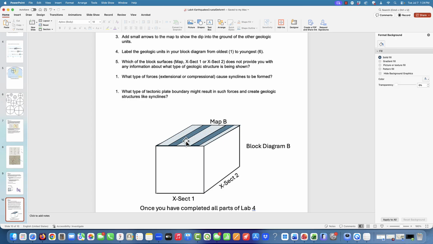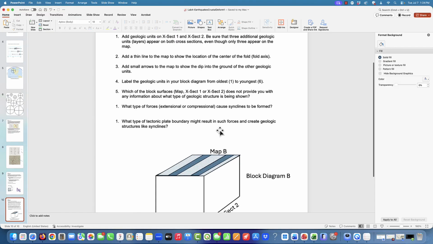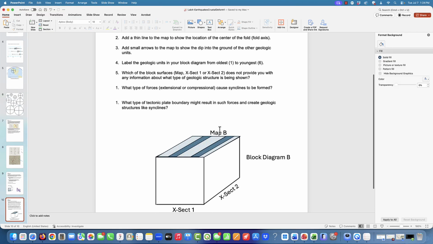So remember, synclines are downward folded, right? Kind of U-shaped type things. They have the youngest rocks in the middle, and then older rocks as we move out to the sides in both directions. So one of the things you're going to be asked to do is